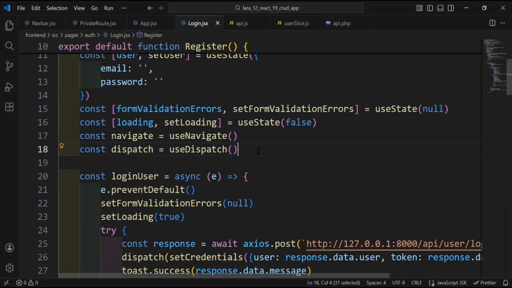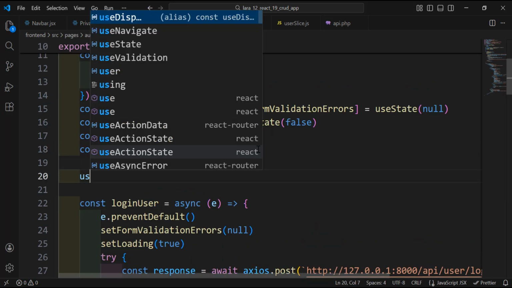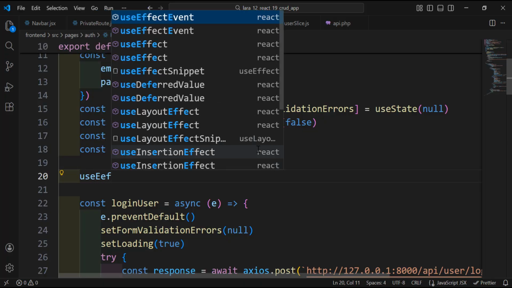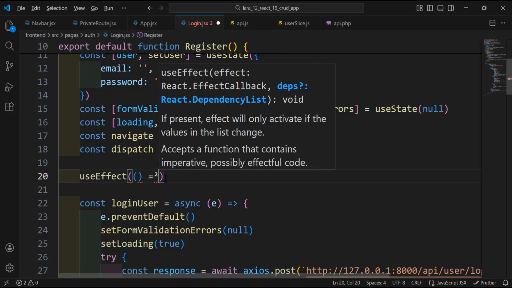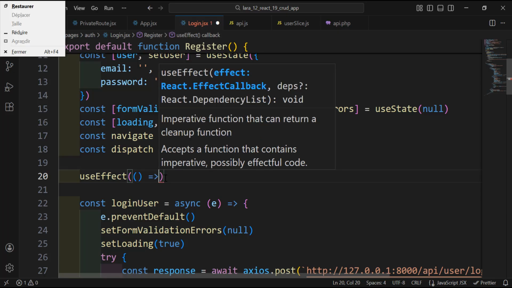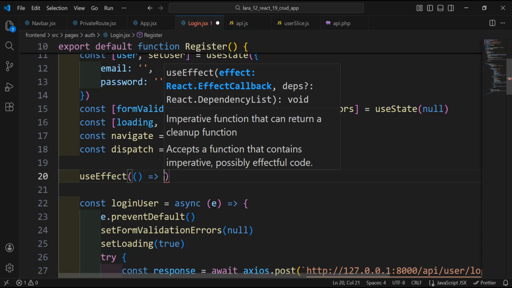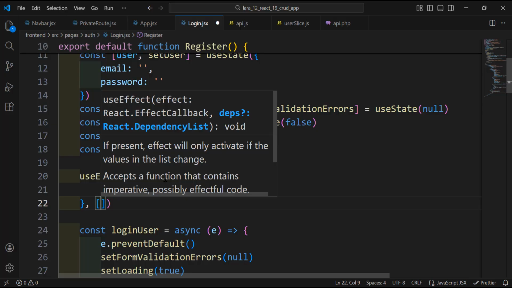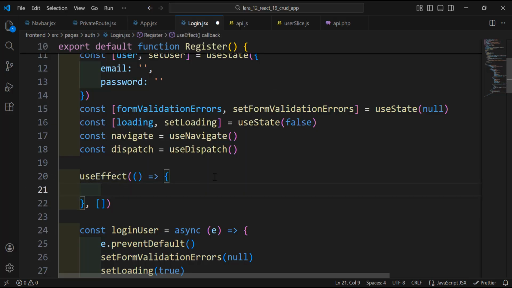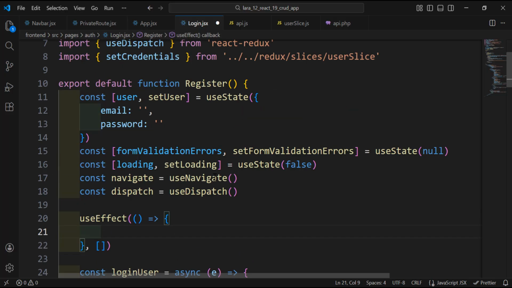So we need to use effects here. So where is it? useEffect. And what we need to do, so let's add here the arrow function. It's already here. Let's add the curly braces, and here what we need to do, we need to check